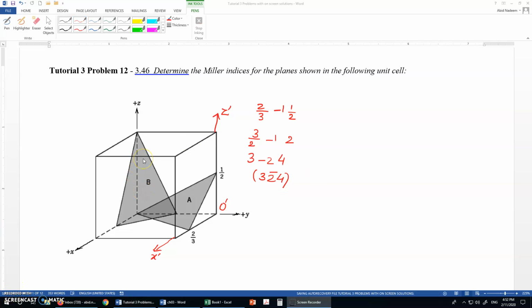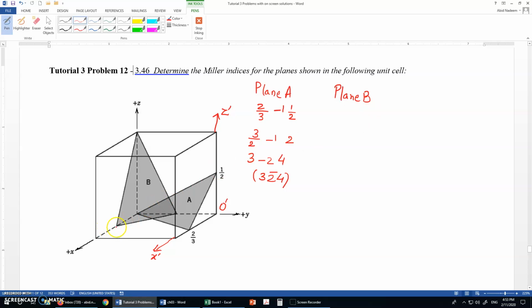For plane B, you can see that there is no need to shift the origin, because this plane B is not passing through this origin. So we can simply determine the points where it is intersecting these three axes. So this is about plane A, and now for plane